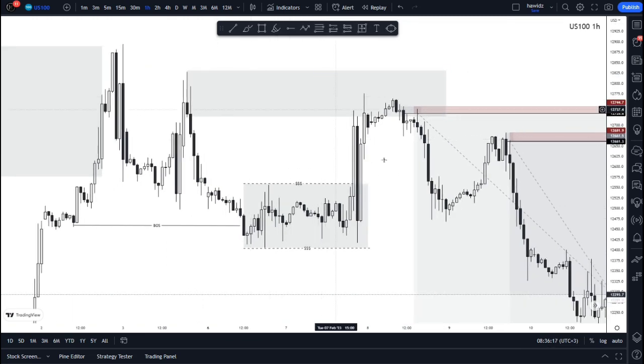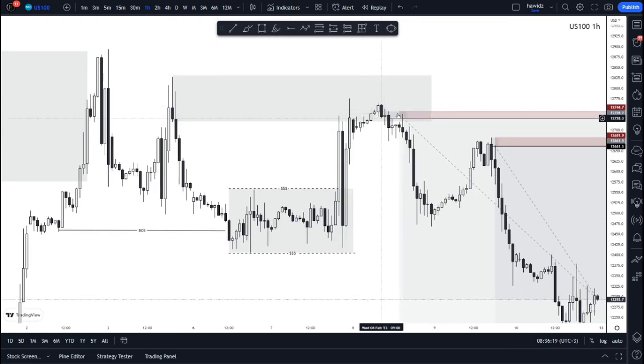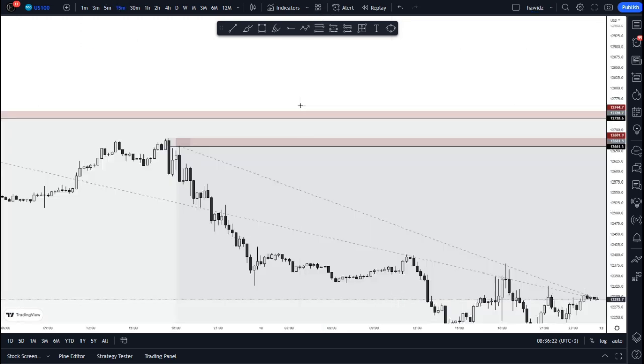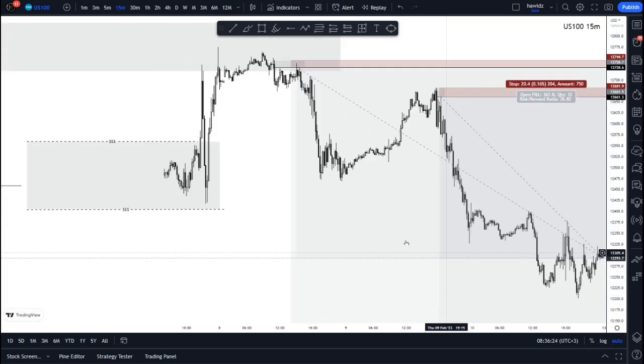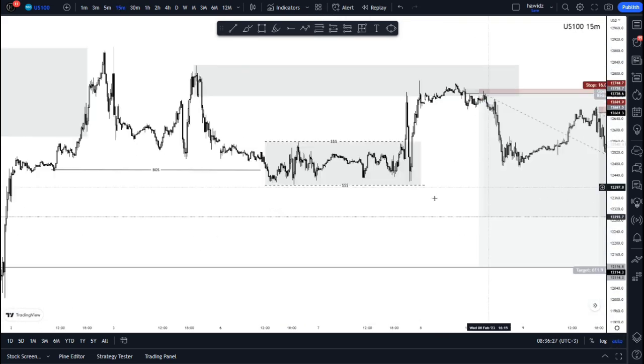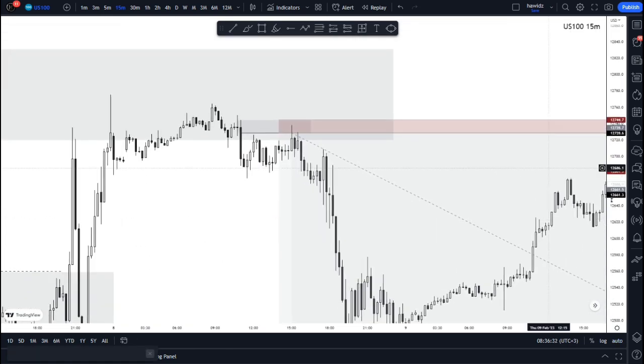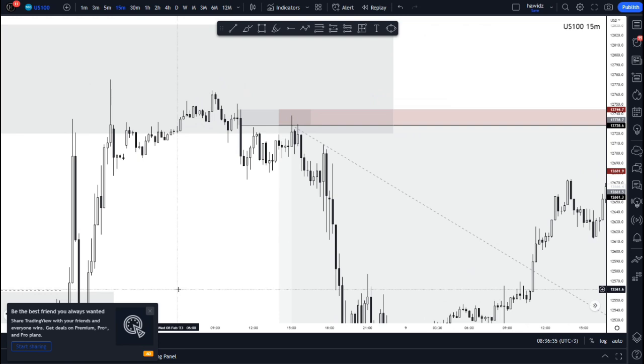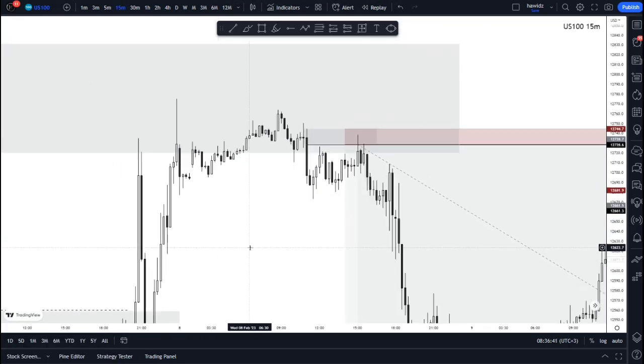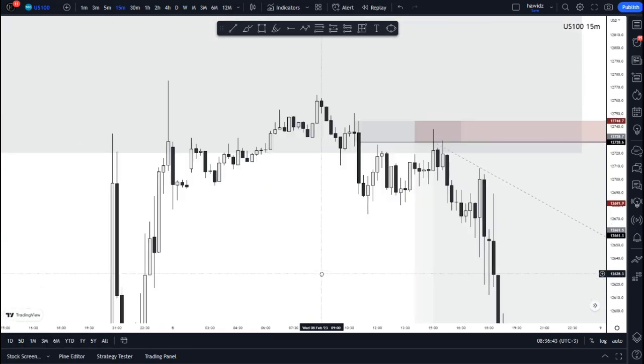And after this mitigation of the supply, what happens, right? So we managed to take a trade in here. Now let's go inside and see all about that trade. So here we were in the 15-minute chart, looking at this price action here as it begins to develop in a bearish manner. So what we had from here was